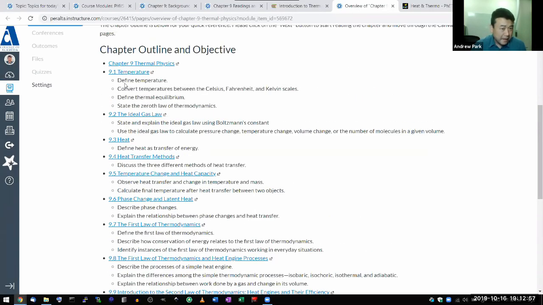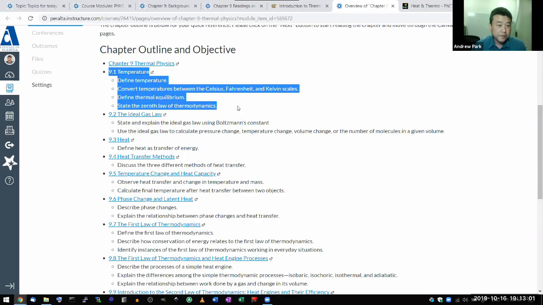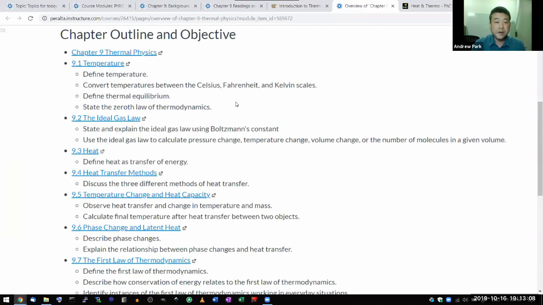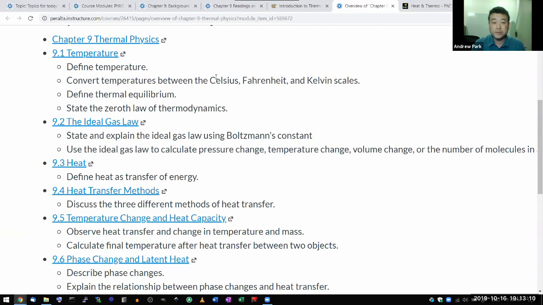So I guess I can just start section by section. So 9.1 temperature, define temperature. I feel like most people here do know about temperature. Maybe you might not be familiar with different scales. I think there you probably should read about it. But I think what I